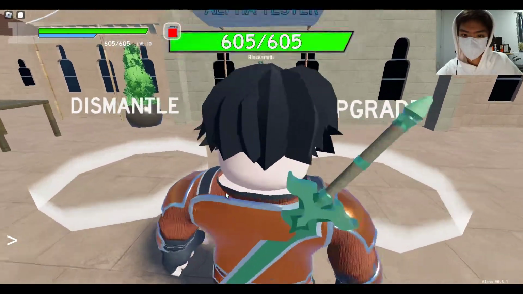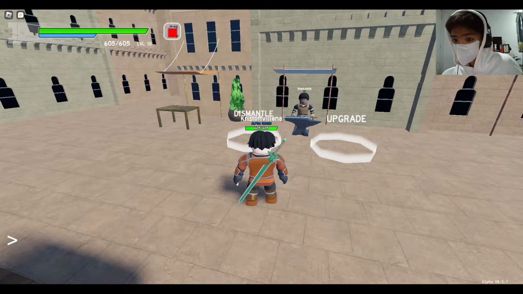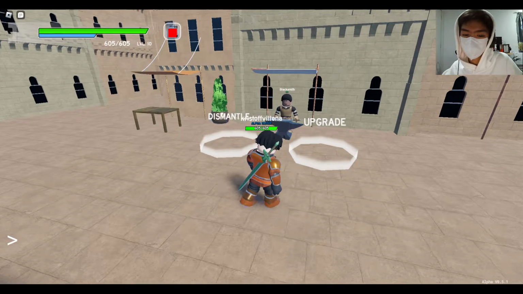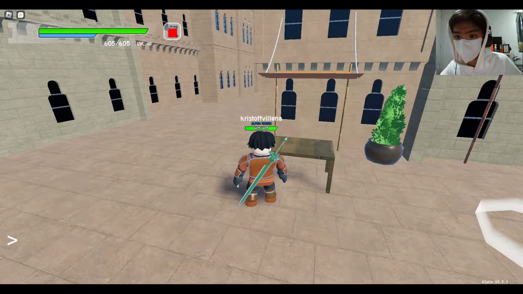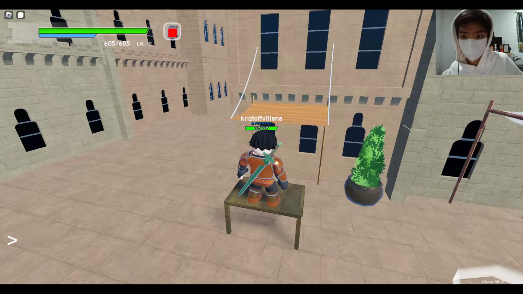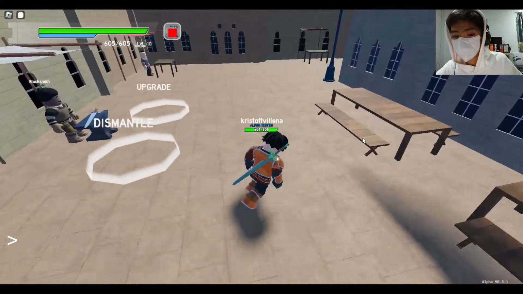And now here's the thing: dismantling items. It would be already so obvious. If you dismantle an item, you'll get a gem. So if you get a gem, that means you can upgrade. And there are specific gems, like common gems, uncommon gems, rare gems, epic gems, and legendary gems. Yes, there are legendary swords in this game, and it's so hard to get a legendary drop in the game. I was thinking, who has a legendary drop in our server right now? So yeah. Anyways,